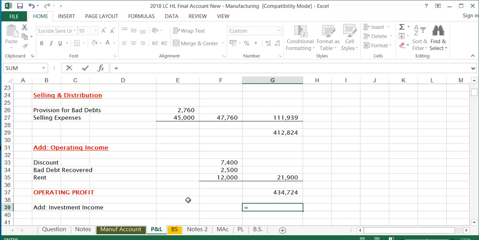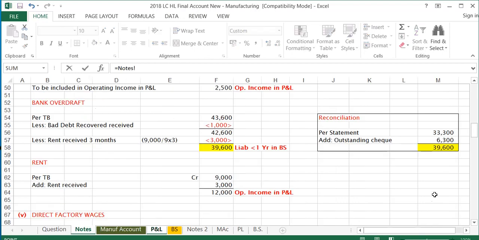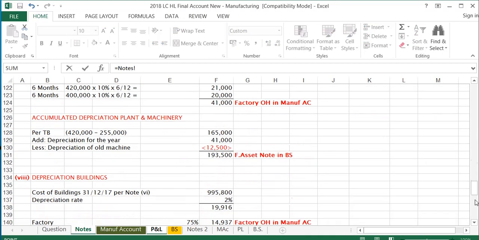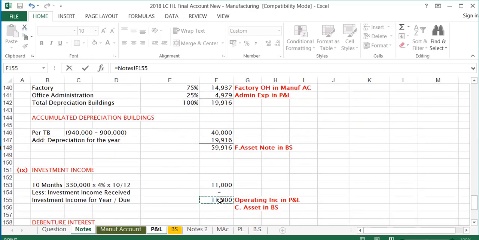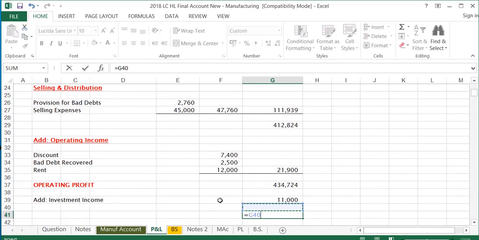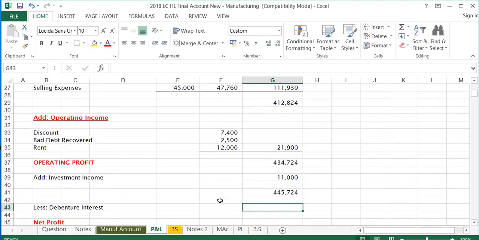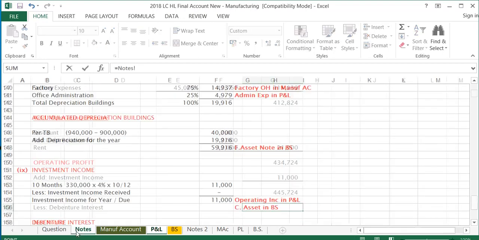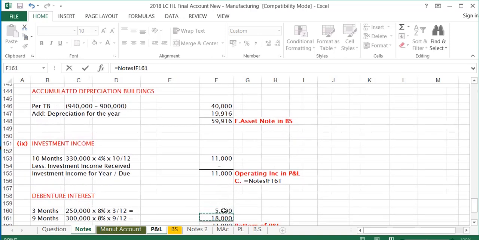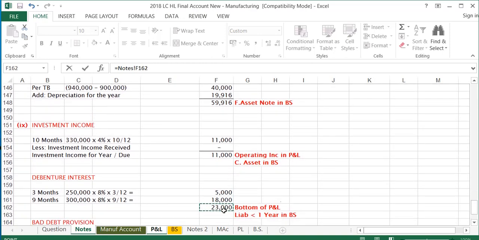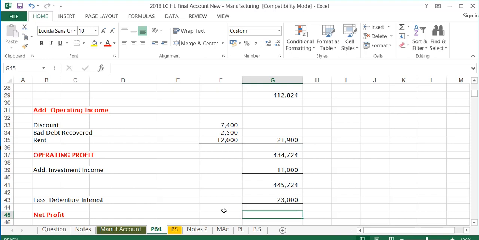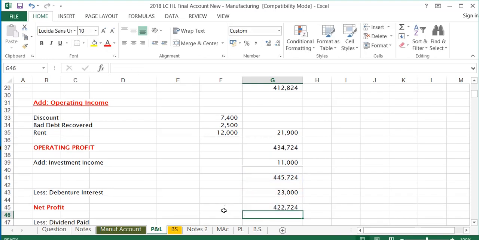I now have to add my investment income, which I worked out in the last note. My investment income for the year was 11,000. I'm going to add that on. And I have to take away my debenture interest, which again I worked out in the last note. My debenture interest for the year was 23,000. And that will leave me, when I take away the 23,000, with a net profit of